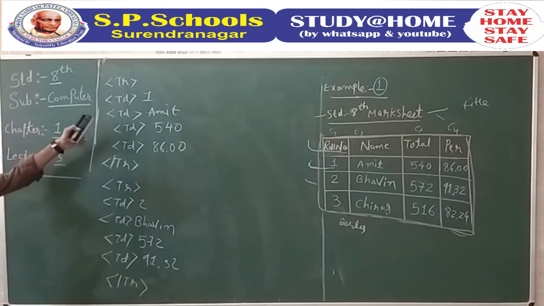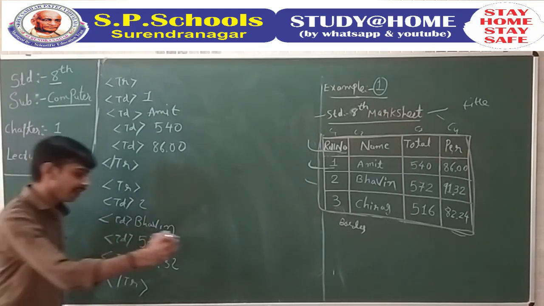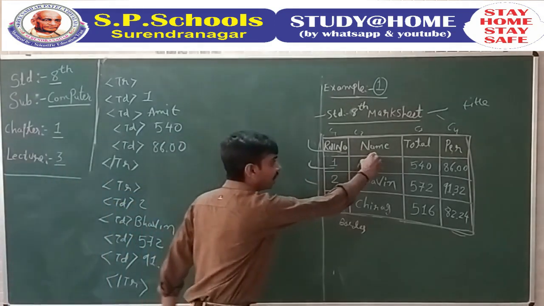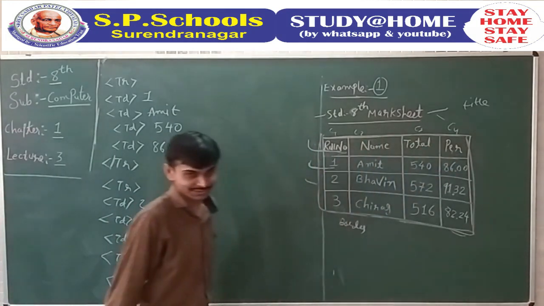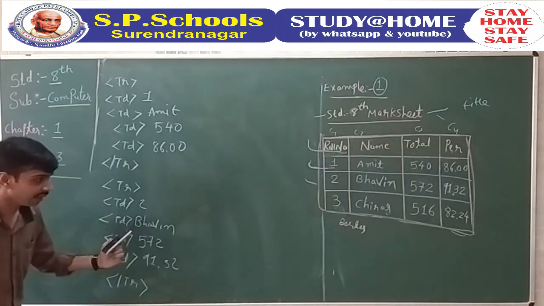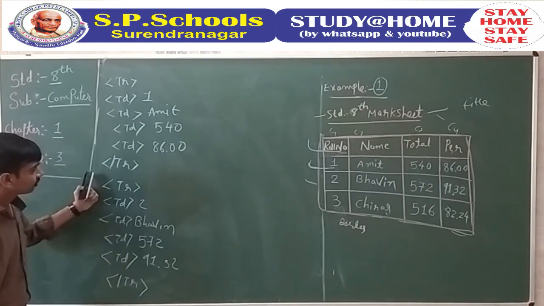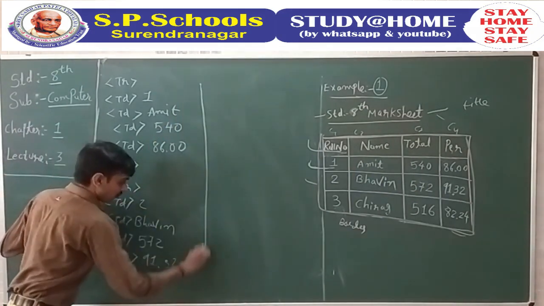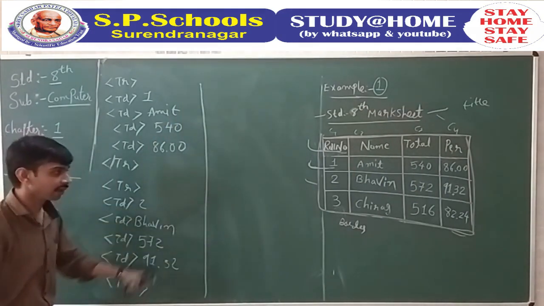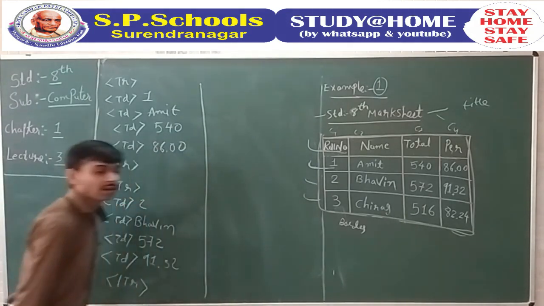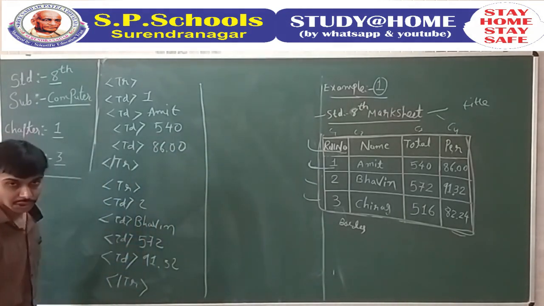So here the first, second and third rows are completed with the details of roll number, name, total and percentage. You can understand the way. So now in the second part we are going to learn to write the fourth row and